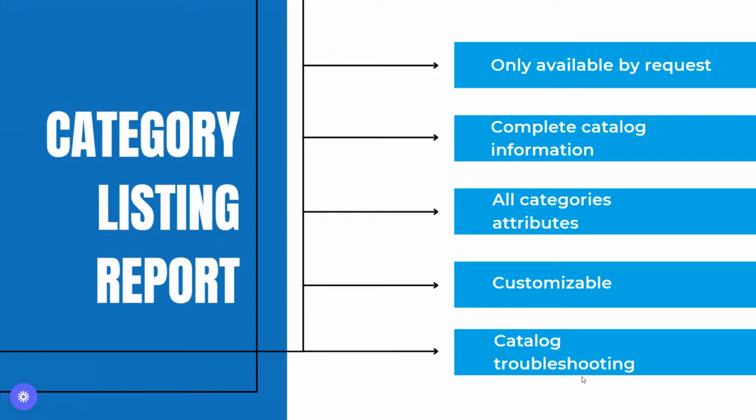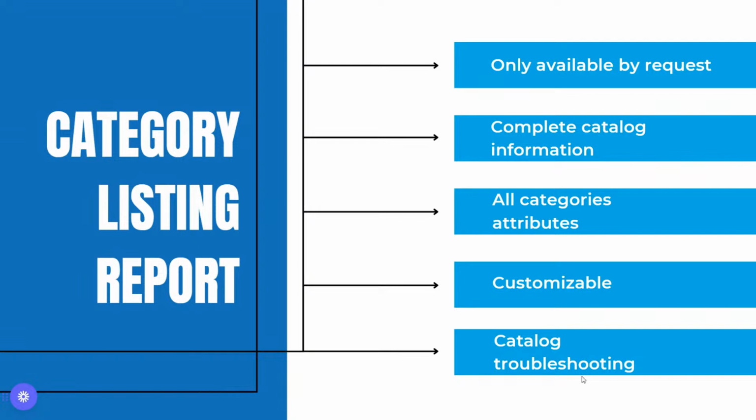So what are the features of this file? The first one is that it is only available by request. And I'll put a little mark here. I've seen, recently, accounts that are in beta testing where the category listing report is available without requesting it. And this is mostly for accounts that are older. That's what I'm seeing: the accounts that have more than 5-7 years have the category listing report available at any time.